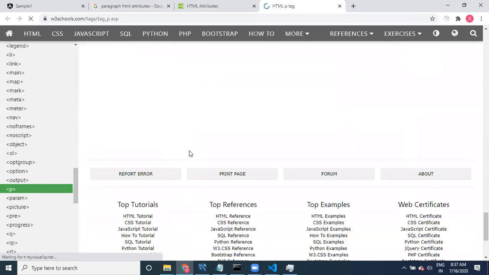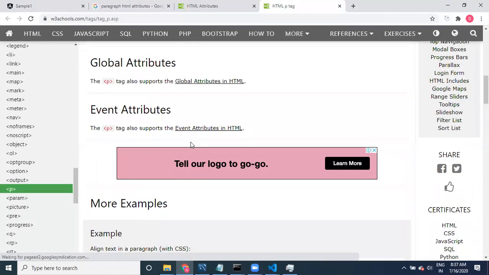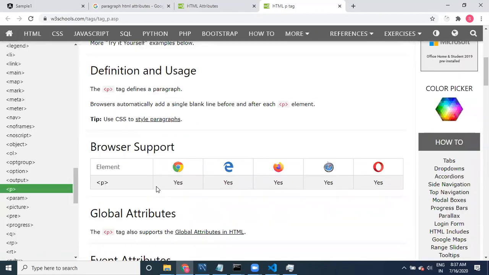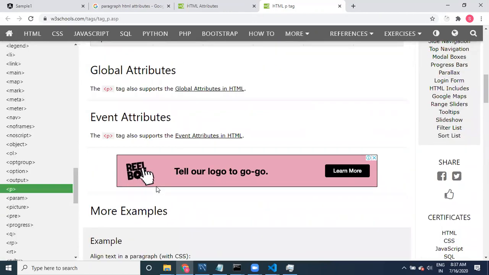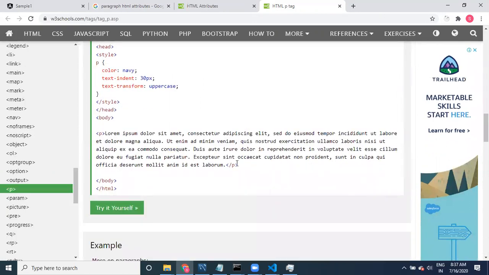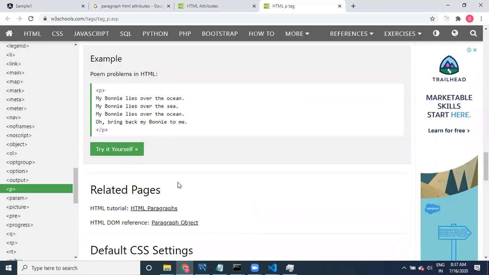Just HTML attributes. Okay, we'll check it. Whatever I am searching for is useful for you, even you need to search it when you are working in the next step.